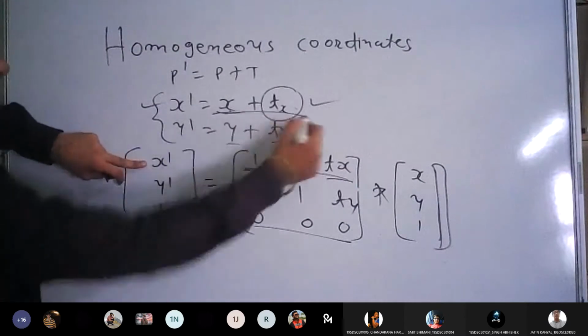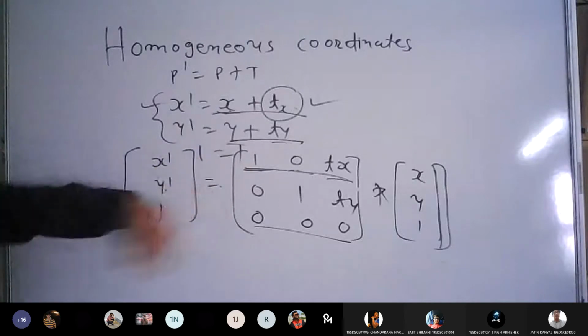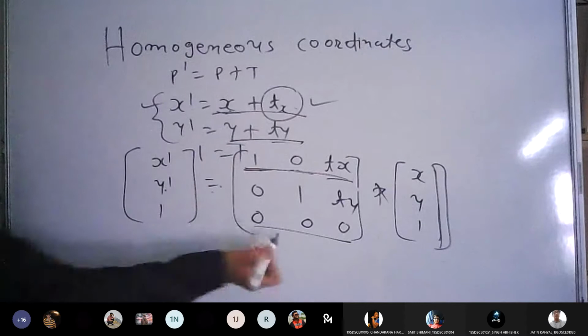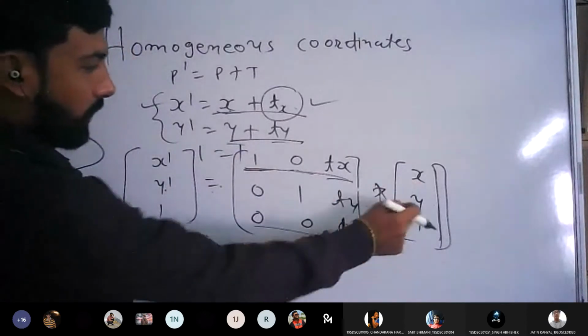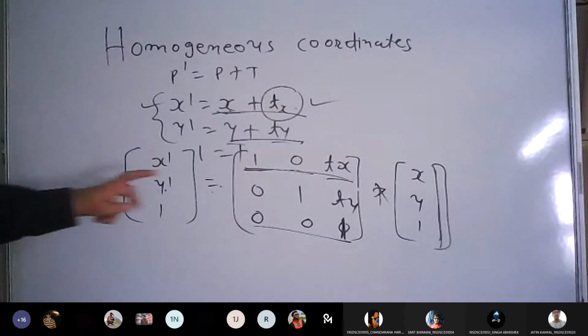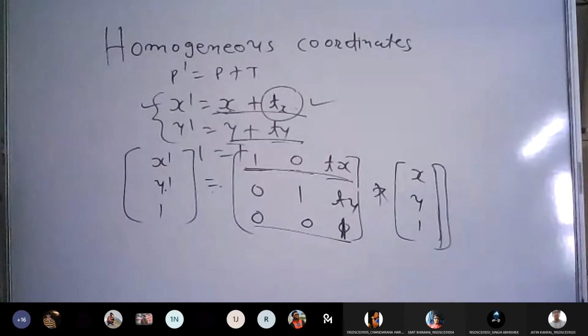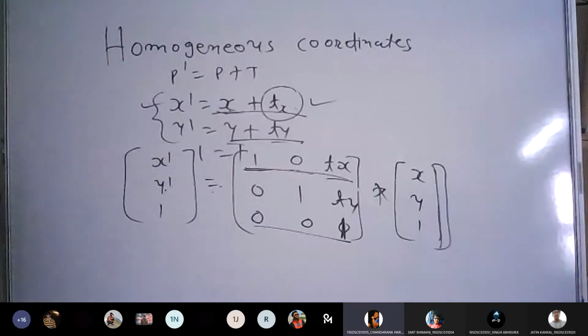X dash equal to this, y dash equal to this. Now 1 equal to 1. It must be like this only. 1 equal to 0 is not valid. So यहाँ पे you cannot write 0, 0, 0, but instead of this you can write 1. So that 0 into x will be 0, 0 into y will be 0, 1 into 1 is 1. So this is the matrix form for translation transformations, and now this form is in 3 by 3, and which is having multiplicative form. Agree? Any doubt? No, sir. Okay, great.